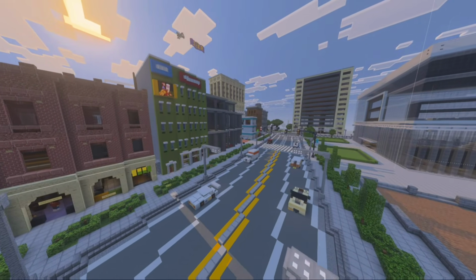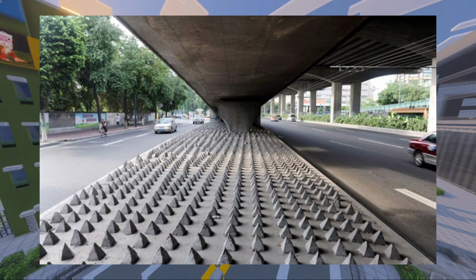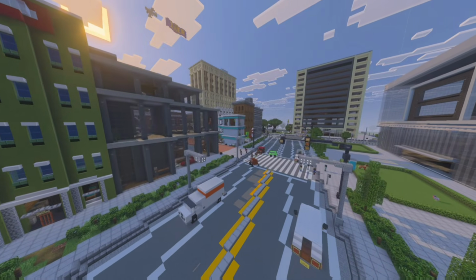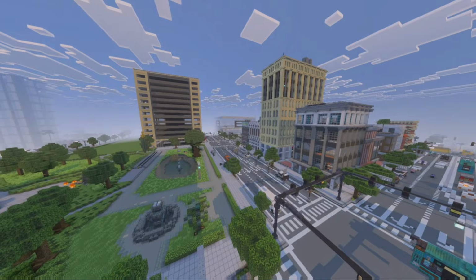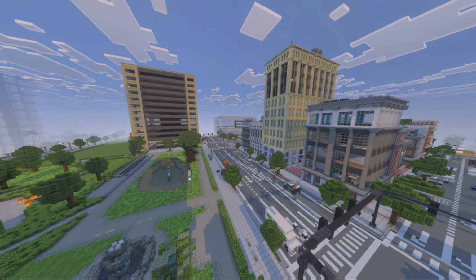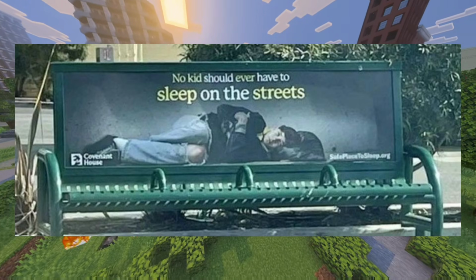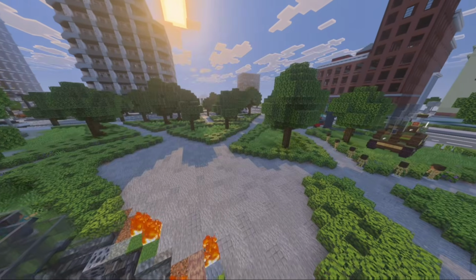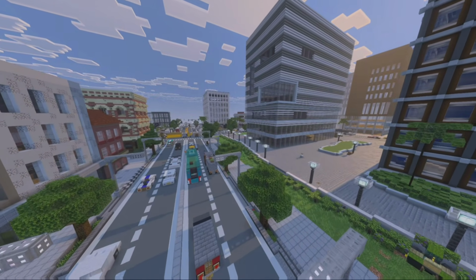For at least over 100 years, anti-homeless architecture, which is also known as hostile architecture, has been a tool the government uses for segregation and of course the unhoused. And especially since the 2000s, it has gained a massive increase, which we don't want that. And in the worst cases, they just rub it straight in our faces. They can't make it more obvious. They hate poor people. But since I want to make my Minecraft city as realistic as possible, I decided to